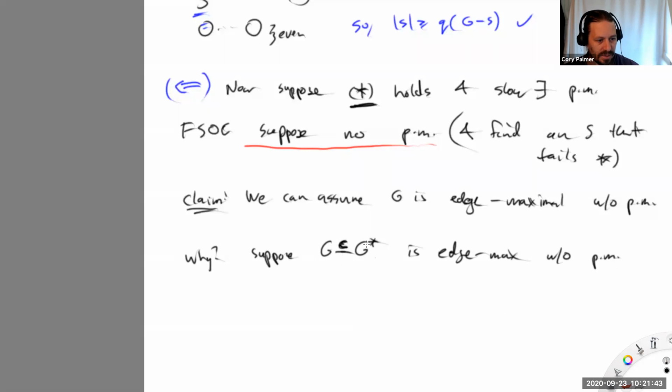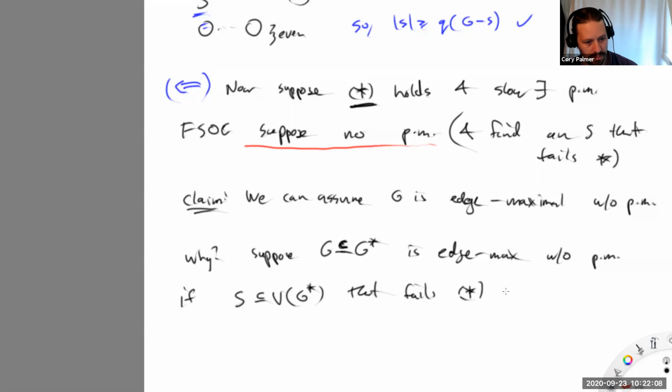So if G is a proper subgraph of G star, then G is not edge maximal. And if we prove it for G star, we get it for G as well. So we could have just assumed that G was G star. Okay, let me just continue with it. So if we find a set S in the vertex set of G star that fails